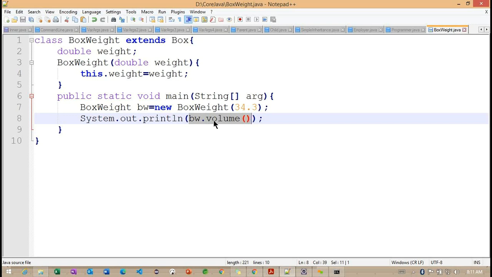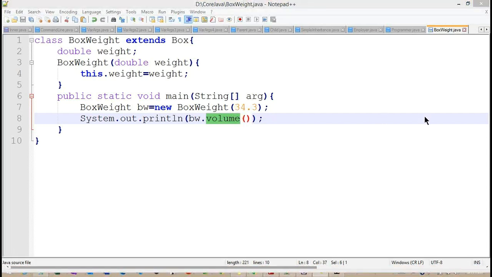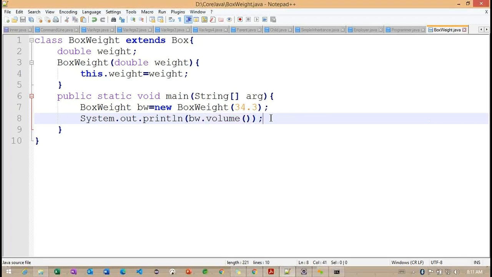Before asking this question, can we call this particular value method from the BoxWeight class or not? Yes, we can, because it is extending Box and Box has the volume method. Right. So if we can call this value method, what output are you expecting here?